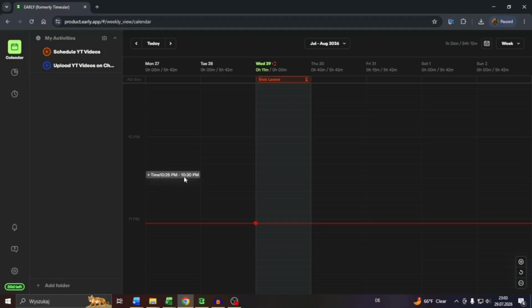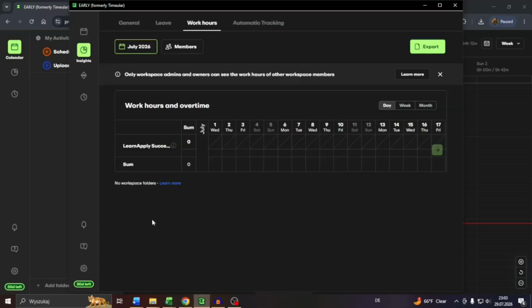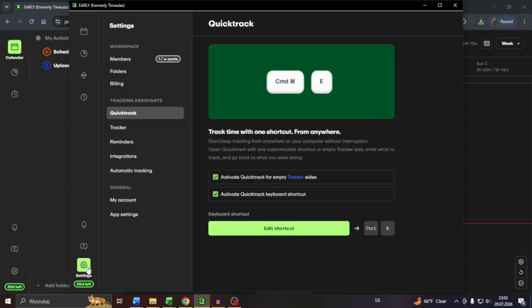So guys, as far as I know, this feature can only be accessed through the desktop app of Early. So let me navigate to the desktop app, make sure that you're logged in with the same account. And then guys, what you need to do is click into that gear icon in the bottom left